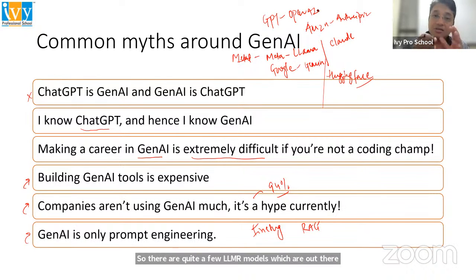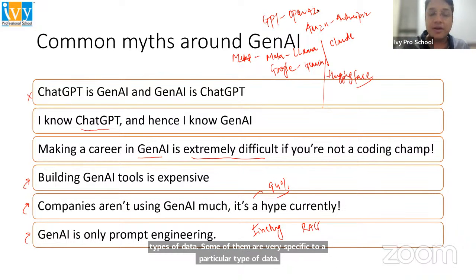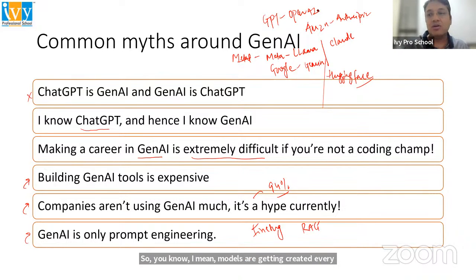Some of them are famous, very purpose driven. Some of them are multi-model in nature. Multi-model meaning they can support text, images, videos, multiple types of data. Some of them are very specific to a particular type of data. So, I mean, models are getting created every day. So creating models is going to become commodity, but as an end user of the model,